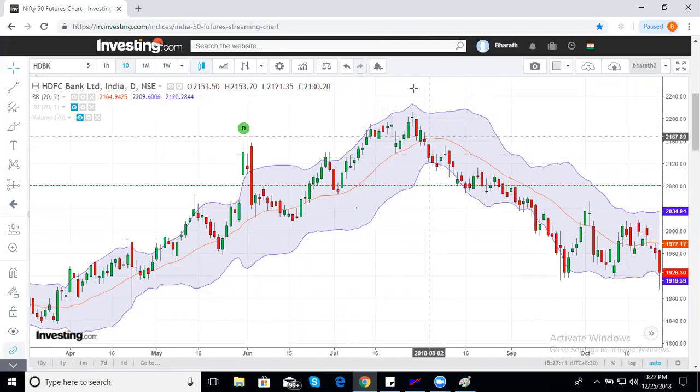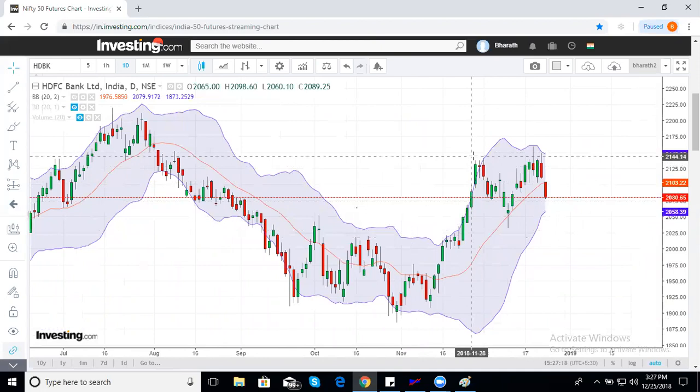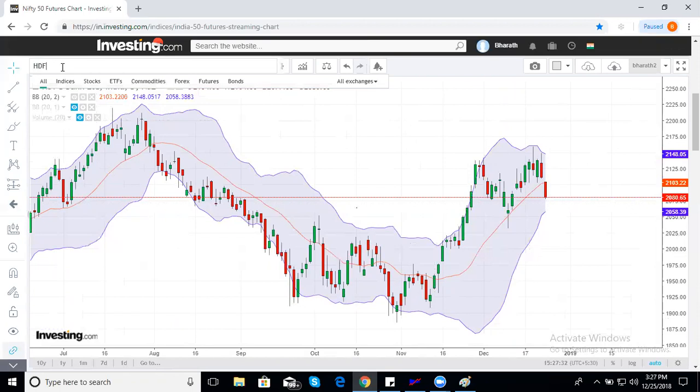Again, I am seeing the same scenario right now here. See, the market closed outside the Bollinger Band, came down. As usual, it took support at the middle band, went up, but this time prices are no more crossing the upper band, and prices collapsed. You see this in HDFC twins also.